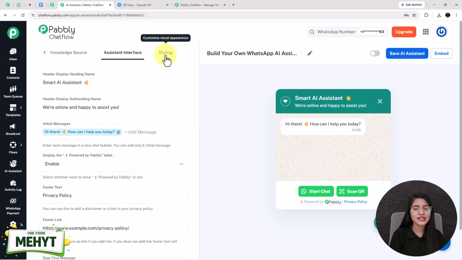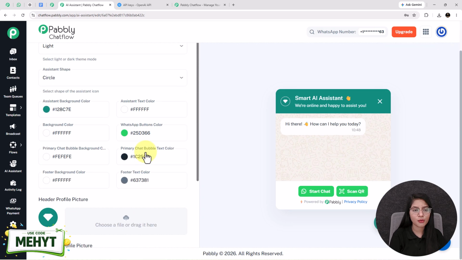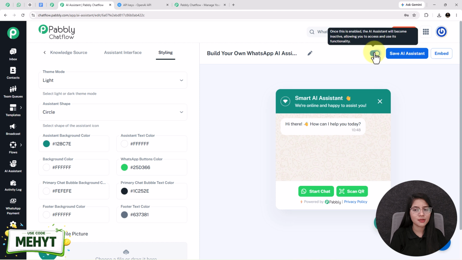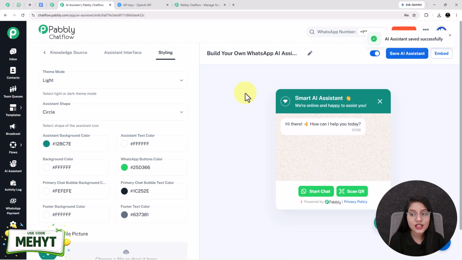After that, next one is styling. Here you can give style to your AI assistant by making changes in its themes, colors and shape. As it is looking good, so I am not changing it, but you can customize it from here if you want to. After that, I am enabling this toggle so that my assistant will become active and clicking on the save AI assistant button. So this is how easily you can do the setup of your assistant by using Pabbly